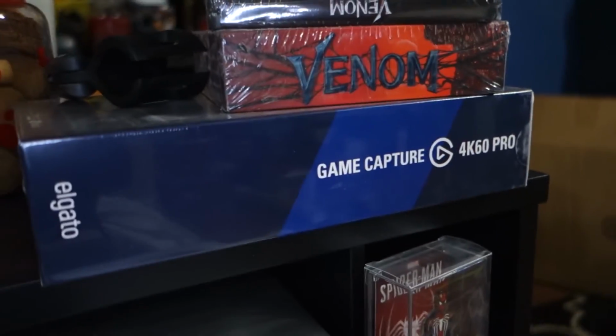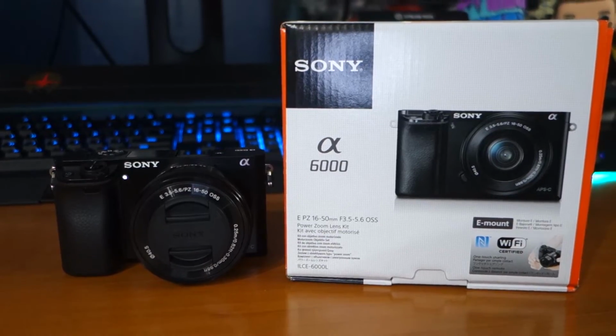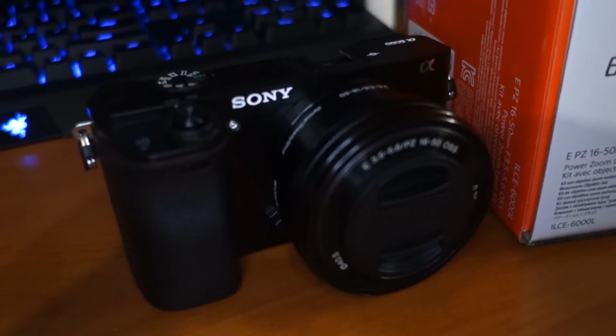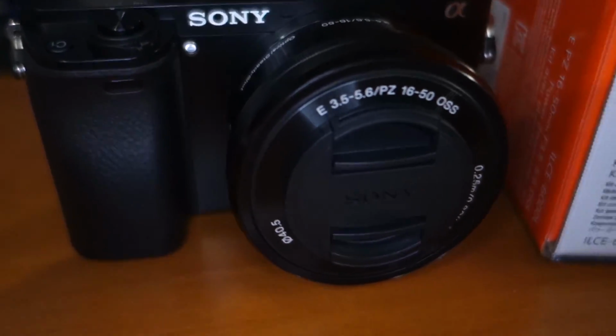I'm really looking forward to upgrading here to the key light and the Game Capture 4K60 Pro, and the green screen's upstairs. I'm not going to do any test video with this. This is really just checking out the camera and the features, you know, what we have to work with. So actually, I can